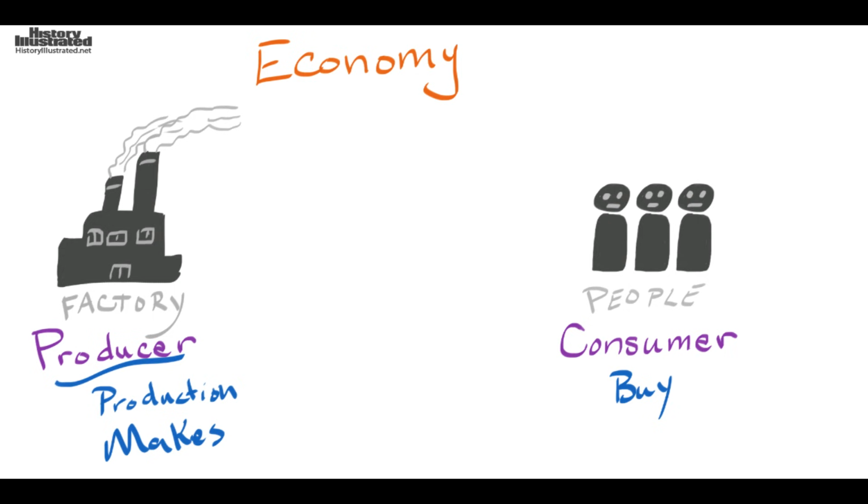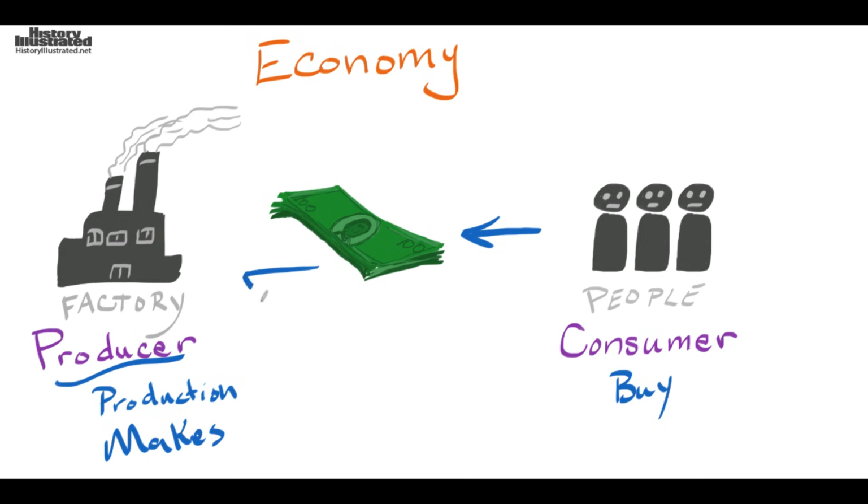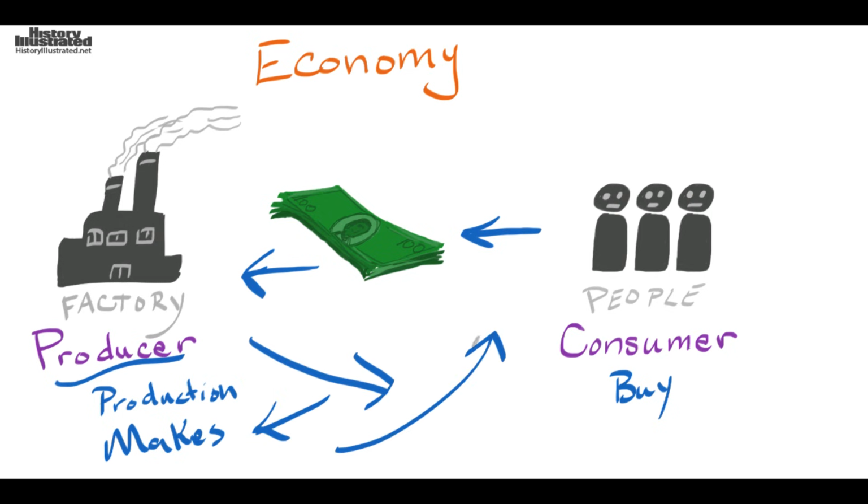So I'm going to put some money because that's going to go between the two of them. So money would go this way, and the producer would be earning money for the things that they produce, and people are going to buy them. Now, the story of money becomes much more complicated here because we know that the money goes to the factory, then the factory is going to use that money to buy things, to make some more things so they can send it to more people so they can earn more money back to them, and it's going to continue over and over and over. So the story gets very complicated.